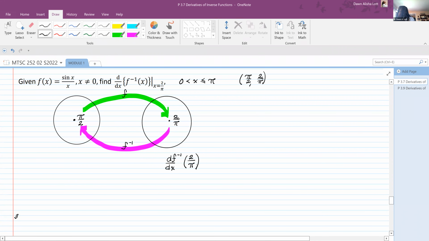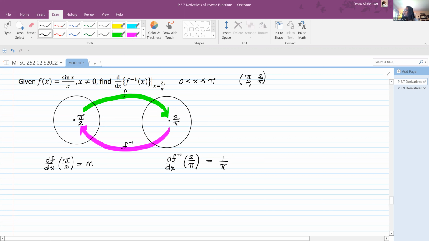And we know that that's going to be 1 over m, where the derivative of f with respect to x at pi over 2 is m. So if I want the derivative of f inverse with respect to x at 2 over pi, I have to look for,